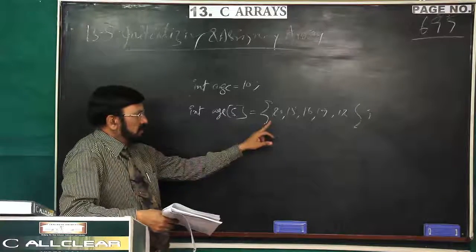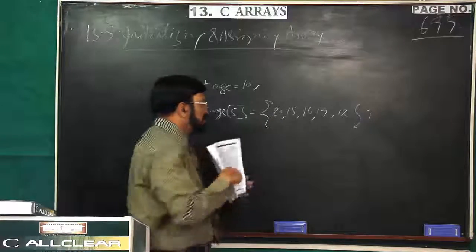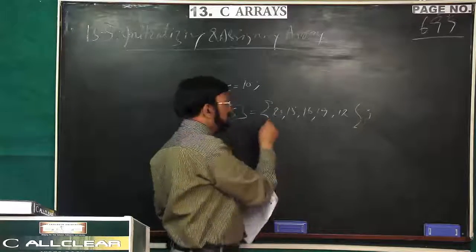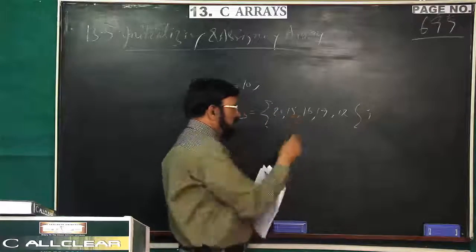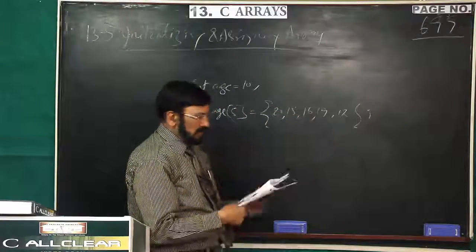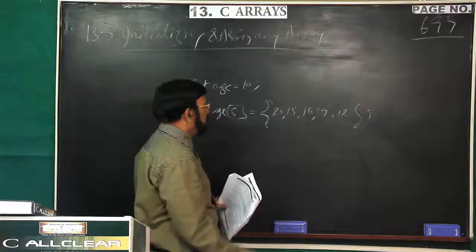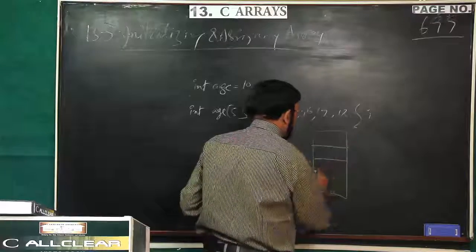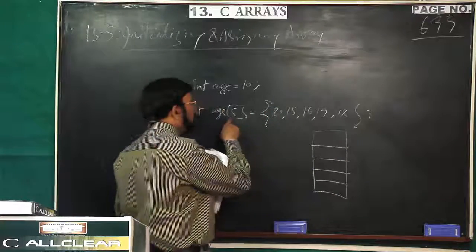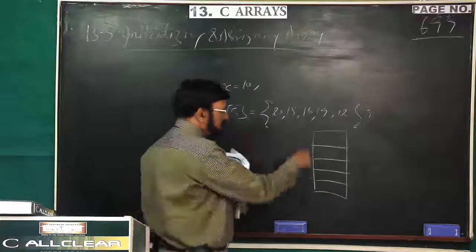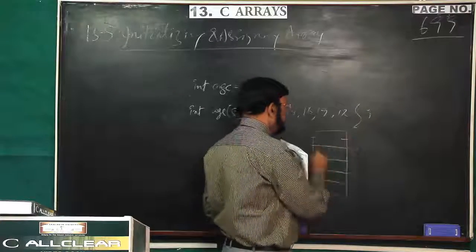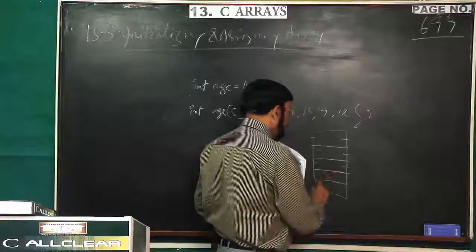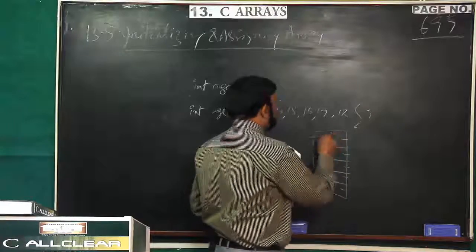If you want to initialize, this is the syntax. Within braces, separated by commas, you can give the values. Then, in such a case, what happens? Now, one block of memory is allocated. What is the size of this? 5 into 2, as it is integer, 10 bytes of memory. Each one is called an element, and here 20,